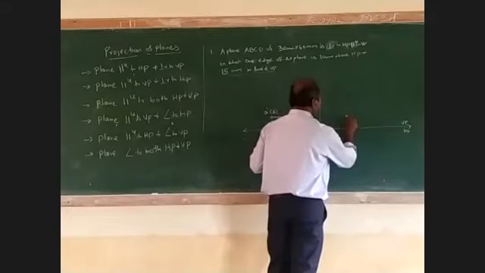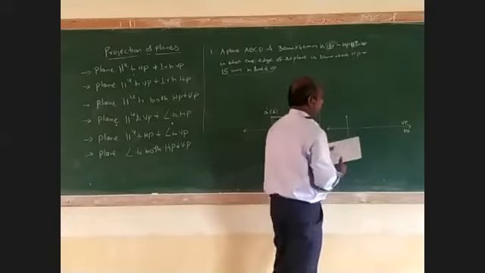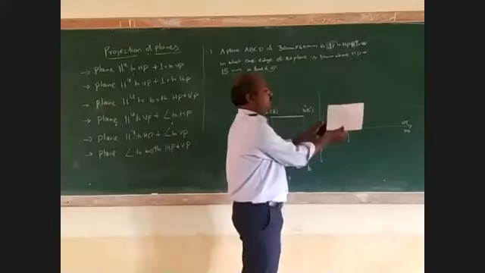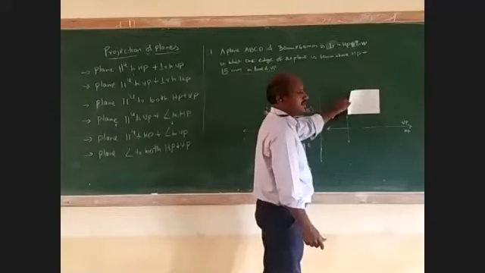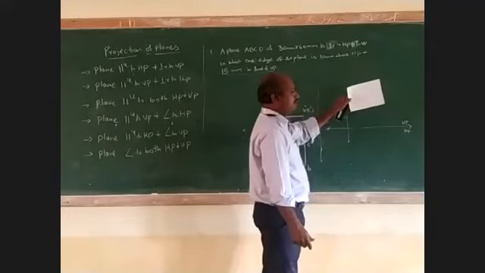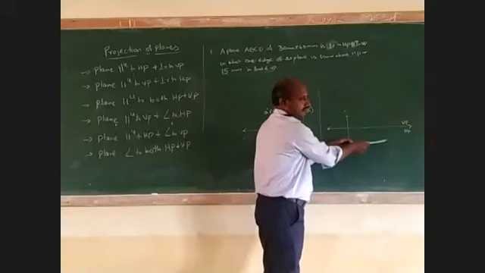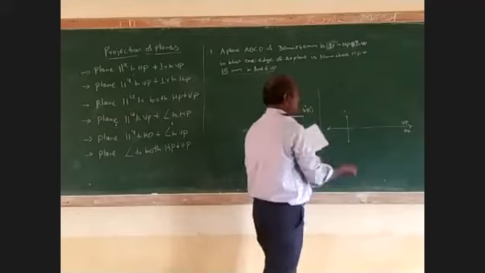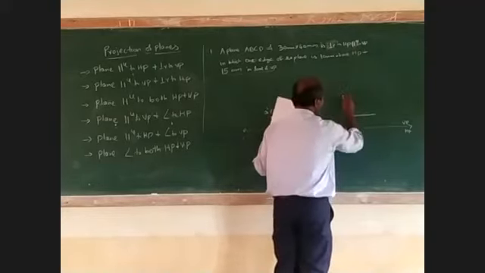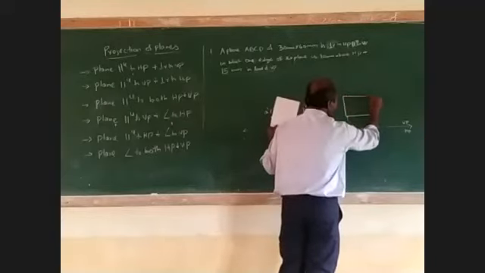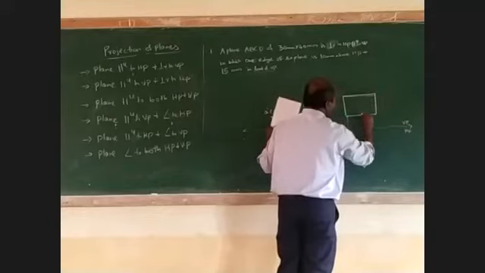Okay. 10 mm above HP, 15 mm in front of VP. Here it is parallel to VP. If it is parallel to VP, where does the true image occur? Here. Okay, and perpendicular, when you see from the top, you can obtain the top view as a line. Therefore, this is the true image. You can draw a true image on the top view.